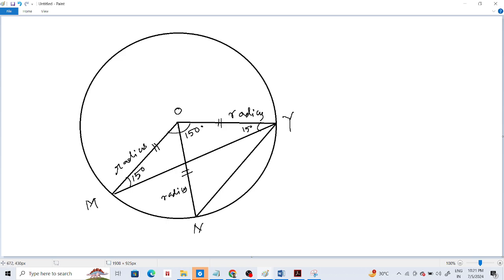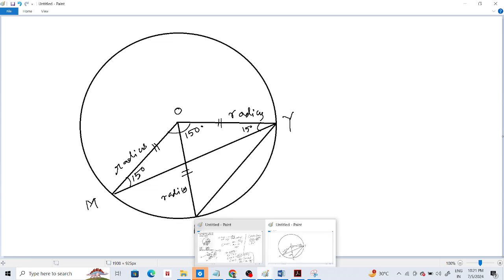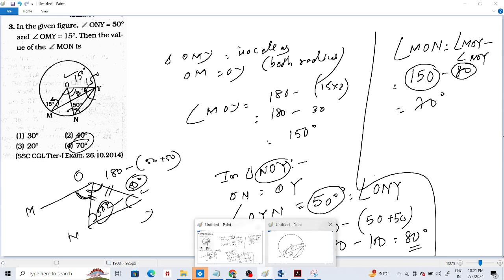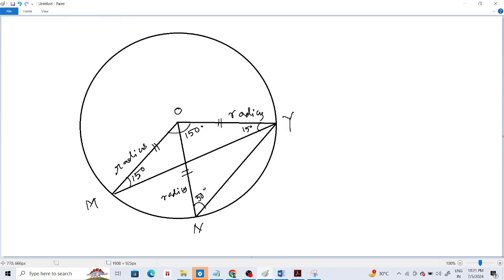আচ্ছা, এবার ও এন আর ও ওয়াই এই দুটো তো সেম রেডিয়াস। তাহলে এই অ্যাঙ্গেল ও এন ওয়াই ইকুয়ালস টু অ্যাঙ্গেল ও ওয়াই এন। এখানে এটা দেওয়া আছে 50। তাহলে এবার ও এন আর ও ওয়াই যদি ইকুয়াল হলো, তাহলে এটা 50 হলে এটাও 50। তাহলে এবার এটা কি হবে, 50 প্লাস 50, 100, 180 থেকে মাইনাস করলে 80। ঠিক আছে। তাহলে এটা কত হবে, 70।